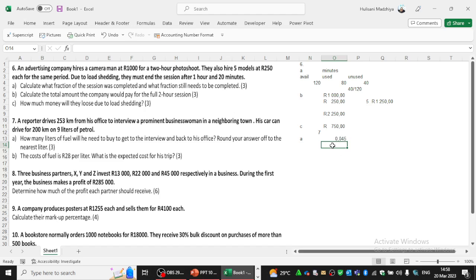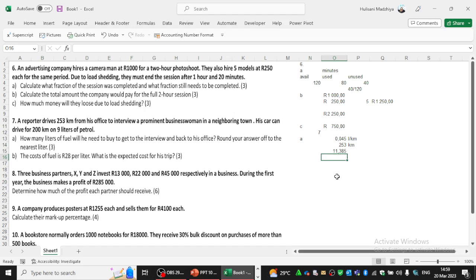This is the first method, liters over kilometer, to say that 0.45 liters can allow him to travel 1 kilometer, meaning that if he has to travel 253 kilometers, therefore you will actually need the following fuel. You will multiply the liters per kilometer by the total kilometers, therefore you will need